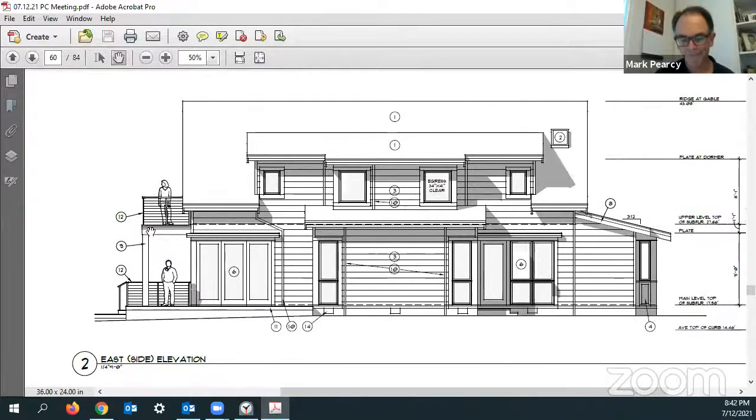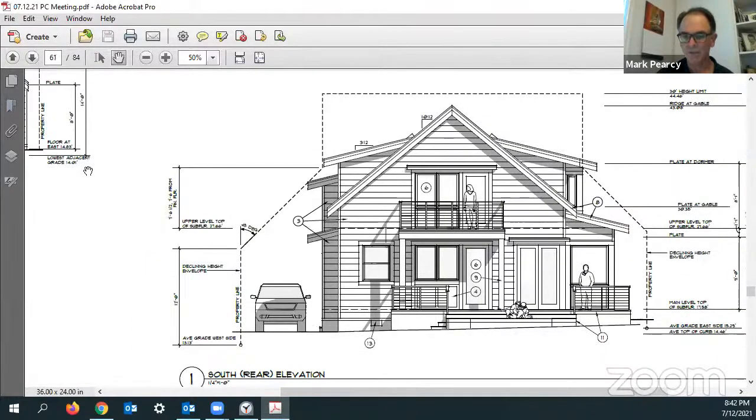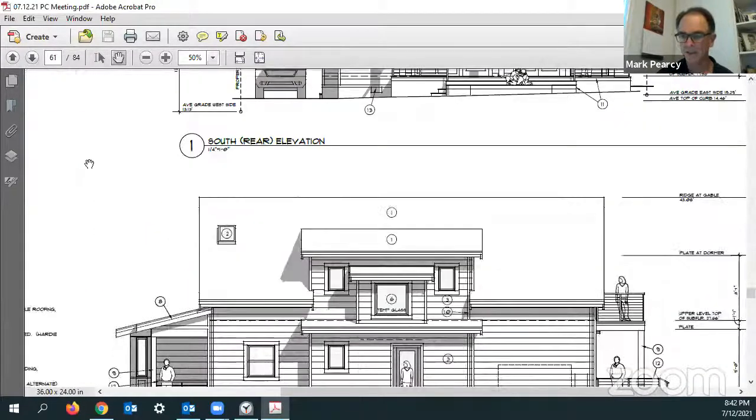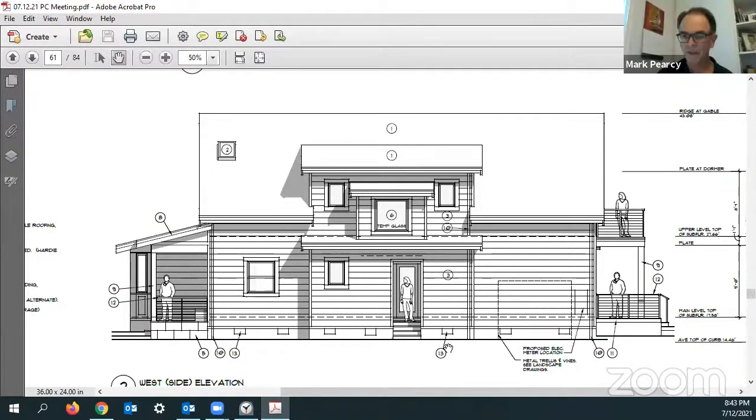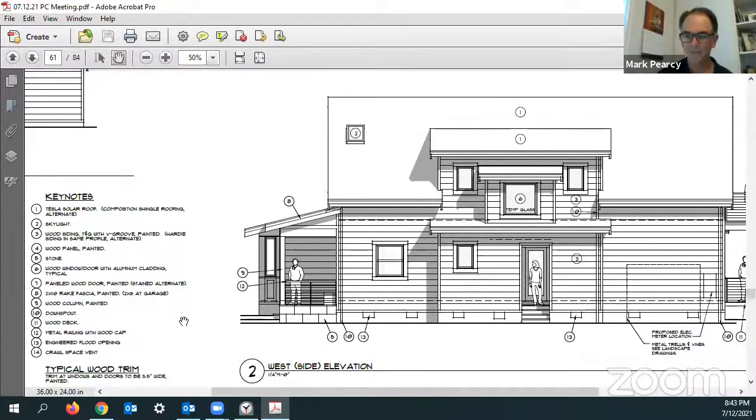Right. And I have checked that. And yeah, the floor framing in this case would have to be pressure treated or some flood resistant material. So there are a few options there. But if we start to push the floor up too much, we have trouble with the daylight or the declining height. Right. That's exactly what I was getting at. Just make sure that if we work with FEMA or whichever agency it is, has those requirements, that you get that up, because that could affect the overall design height and the look of the house. Right. Those are the only questions I had. Thank you. Okay, thank you.